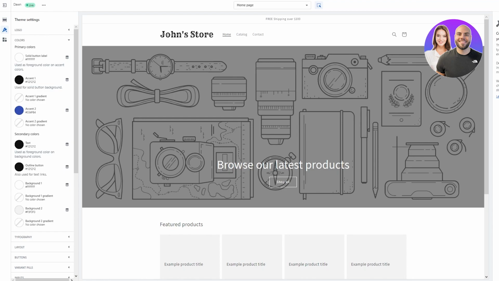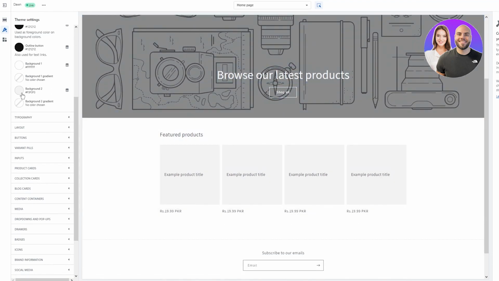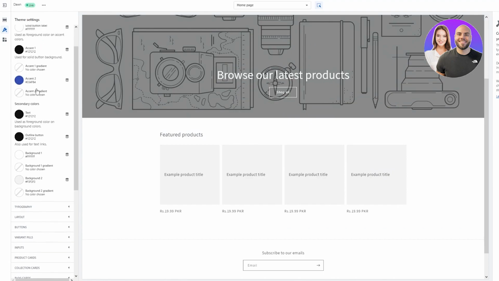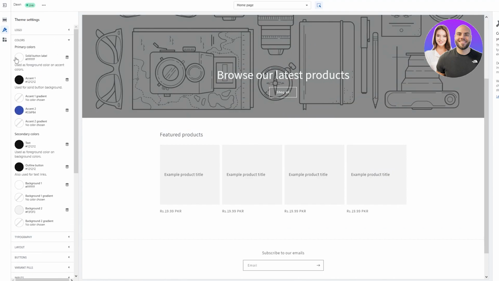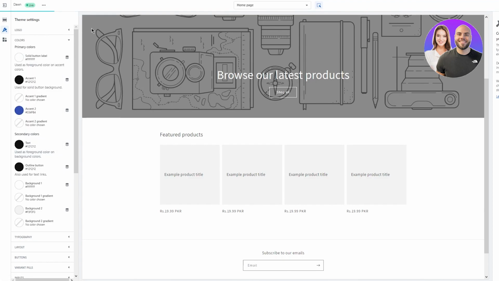Go ahead and choose whatever design you think is the best in this retrospect. And then once we're done with all of that, obviously go with the secondary colors. You have the different outline colors for your buttons and much more. Different text fonts as well. These text fonts could be over here. As you can see, this is the primary color, which should be a solid button label. As you can see over here, if we change it around, you have different color codes that you can set